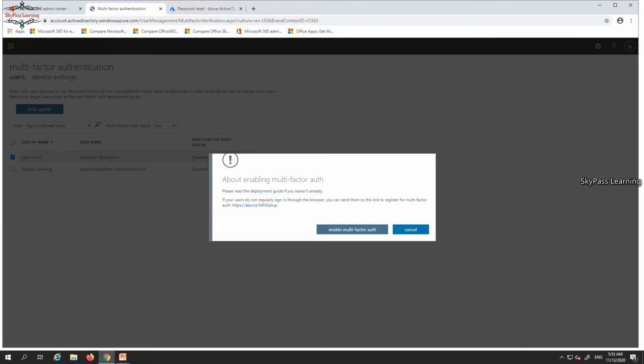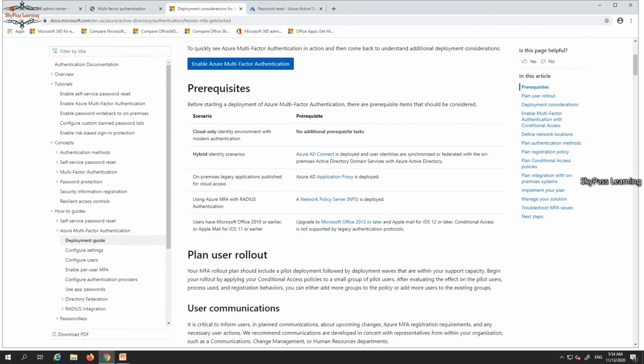So you can set it, the 4 options. One is a call over a phone, a text message over a phone, or a notification in the mobile app. If you have a smartphone, you will get a pop-up message to approve the request for login, or you can send a verification code also to the smartphone, just as a smartphone request or a notification request. So these are the 4 multi-factor authentication methods that can be used. You can also see the deployment guide for users. So this is the process of how you can use it and how it will work.